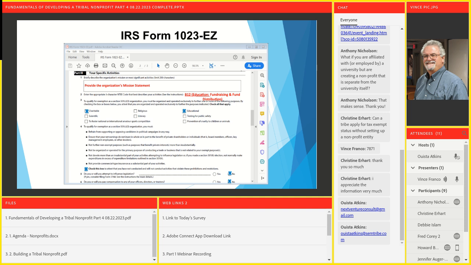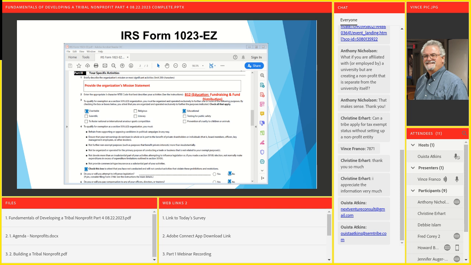And hopefully your mission statement isn't too wordy. It's pretty straightforward, doesn't give a whole lot of variables, because the more words and the more variables you put in your mission statement, the harder it is to interpret, and more interpretations can be generated from it, more loopholes, so to speak. And you don't want to give the IRS the opportunity to shoot holes through your program. So be careful from the beginning, as I mentioned, with your mission, because it follows you all the way through this process and indefinitely, in perpetuity, basically, for the life of the organization. All right, that's number 1.